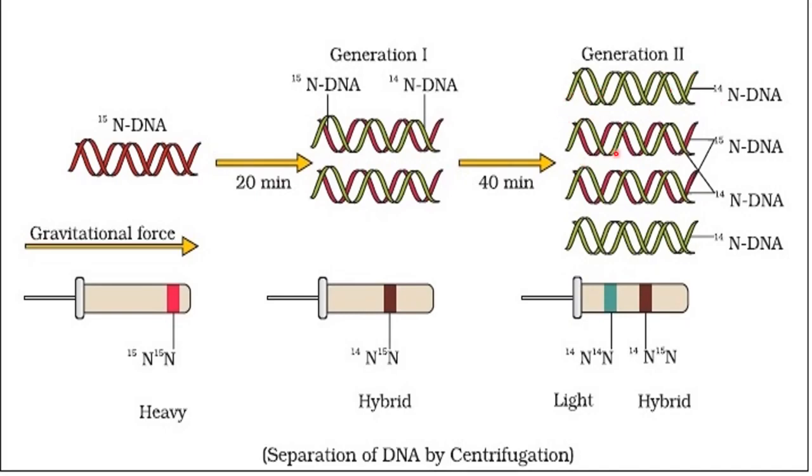light type, and then these two will be of hybrid type, where one strand will be of parental type, having the heavy isotope of nitrogen, and another strand will have the light isotope of nitrogen. So here two bands were observed, one band for the light DNA and another band for the hybrid type of DNA. As you can see here, two hybrid DNAs are forming, and two light DNAs are forming.